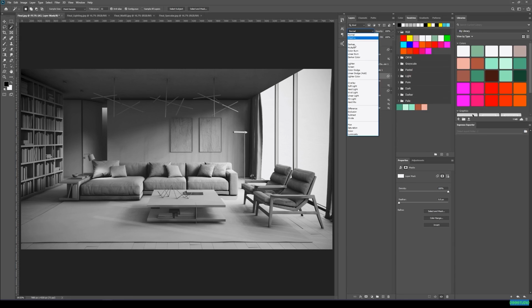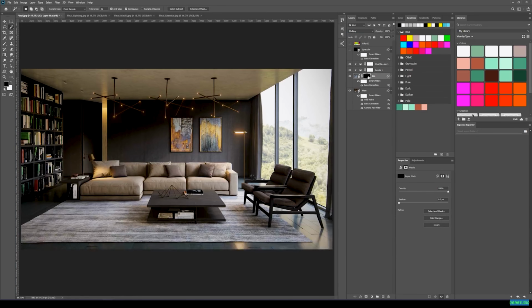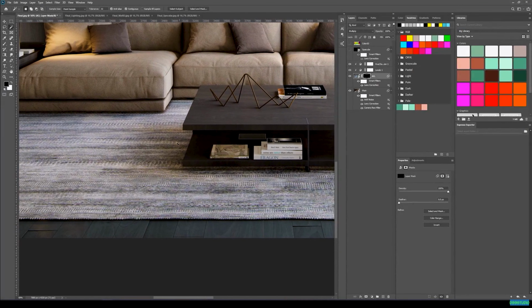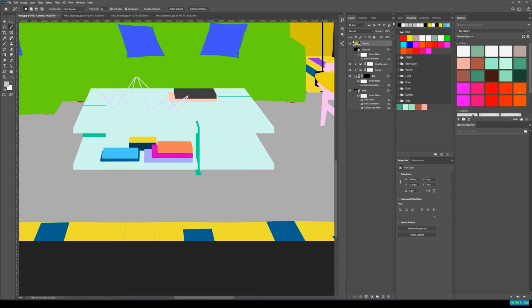and I'll put this to multiply. With this black color selected, I will just press Alt backspace. Oops, like this, Alt backspace. And now I'm just going to give some more shadows where they are missing. For example, here, I think we could have a little bit more shadow. So to do this, we'll just select on color ID,